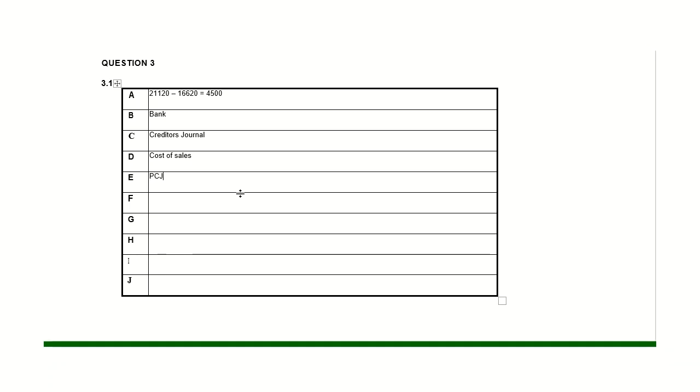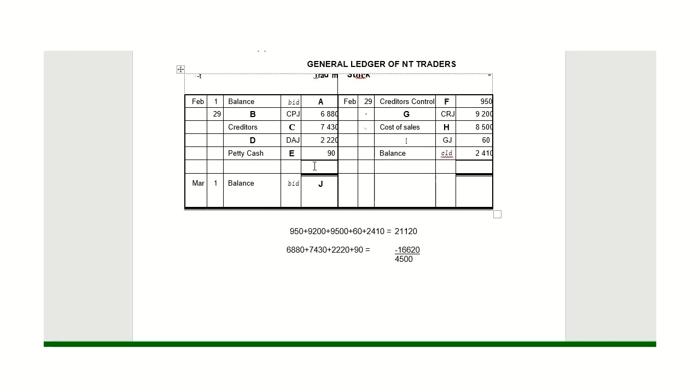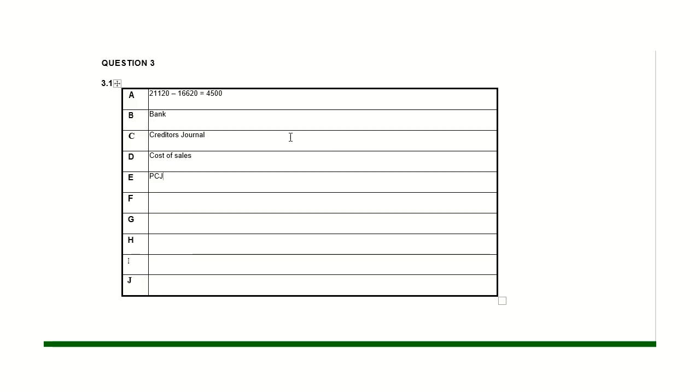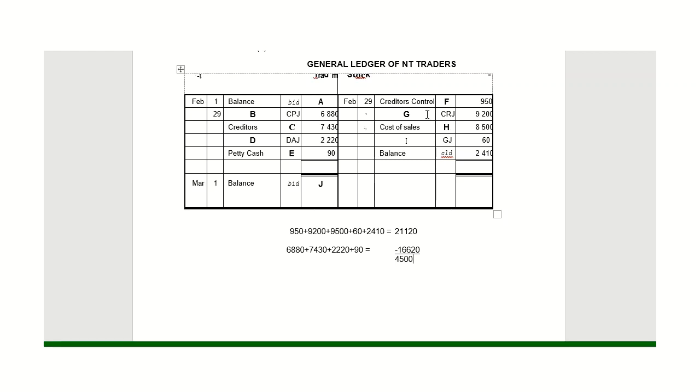That is the folio reference, it would just be PCJ, sorry. And C would also just be CJ, not creditors journal, because it's the abbreviation we need to put in the folio column. F, again, creditors control means what would make it less if I bought